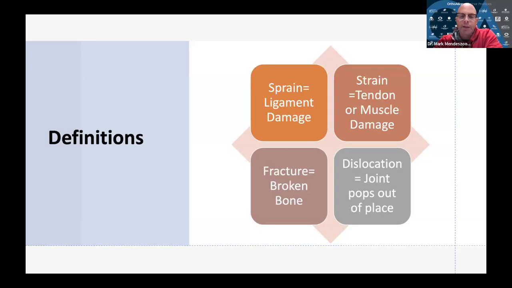Sometimes people come from the ER and they say, hey, they told me I have a fracture, and you tell them you have a broken bone. It's the same definition, and we'll discuss that briefly. And lastly, if you ever hear or see some athletes or yourself, if someone has an injury, you can dislocate a joint. And that basically means a joint is popping out of the socket.